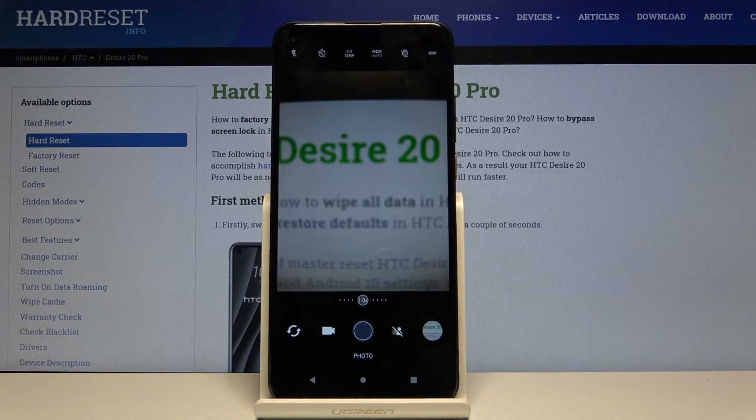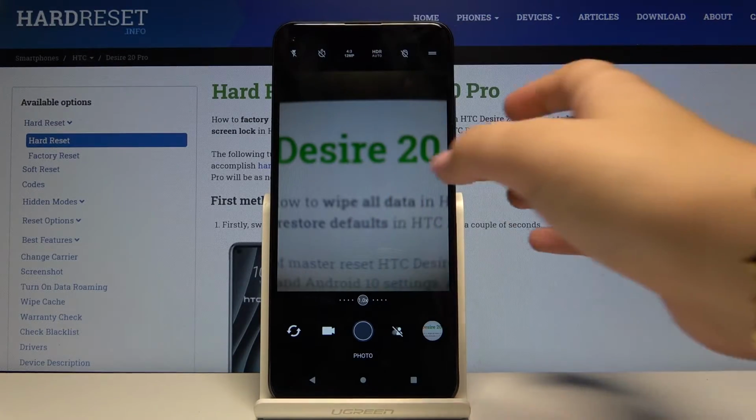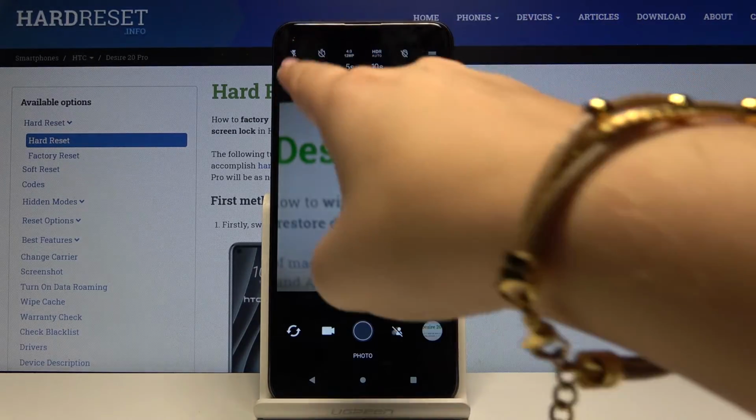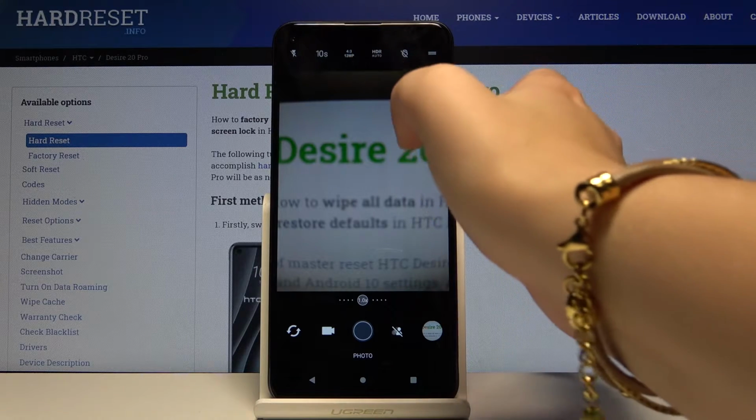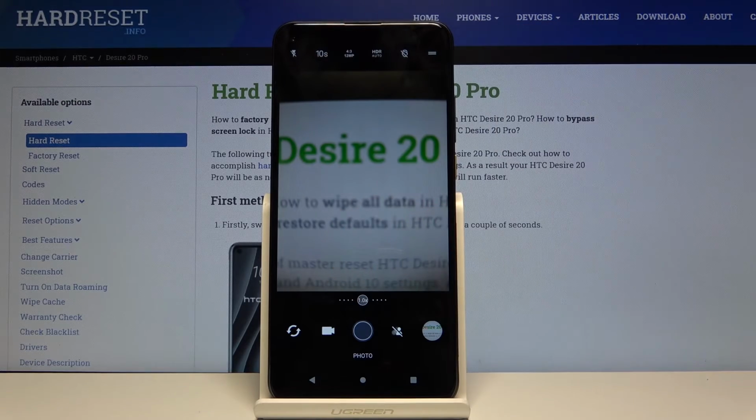If you want to set the camera timer, simply click on the second icon, which is the camera timer, and as you can see now it is off, but we can choose from three options. We can set 2 seconds, 5 seconds or 10 seconds delay. Let me pick for example 10 seconds delay, and as you can see the icon has changed, and let's touch